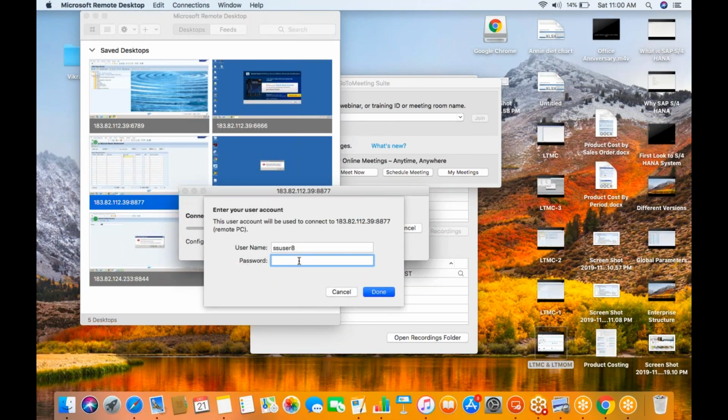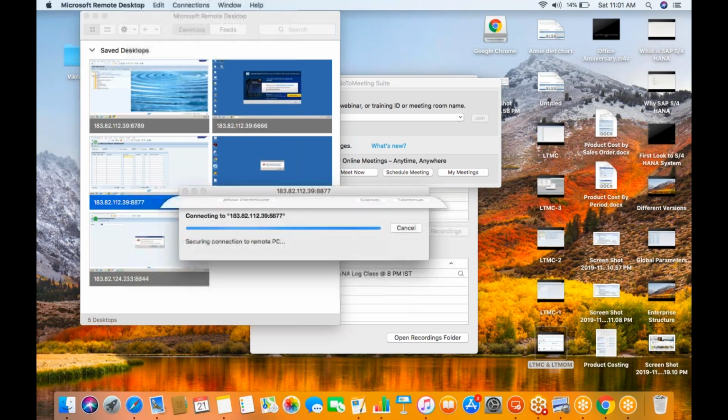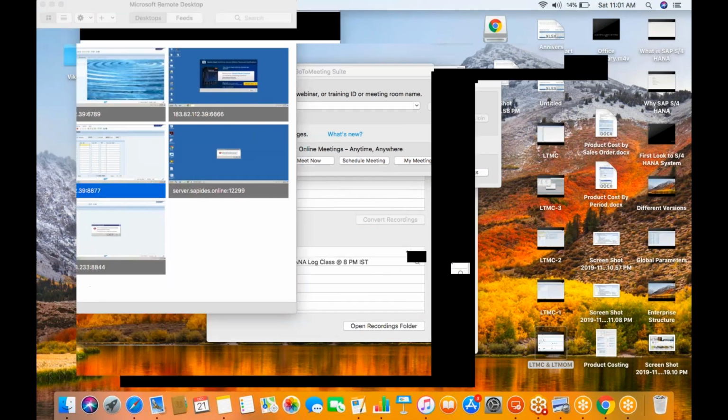No, I'm not able to connect with these credentials. Can you check the password and provide it on the chat screen? It's user at 300 only. Is the U capital or something? No, it's small. It is not working for me. It is the same server. The username is SS user 8 and the password is user at 300.